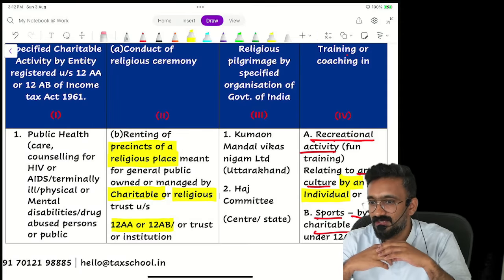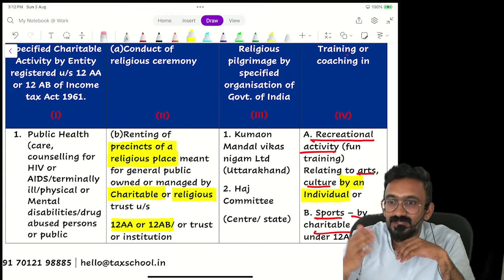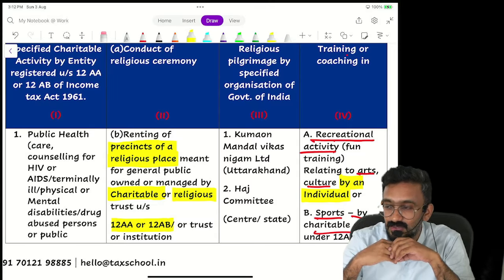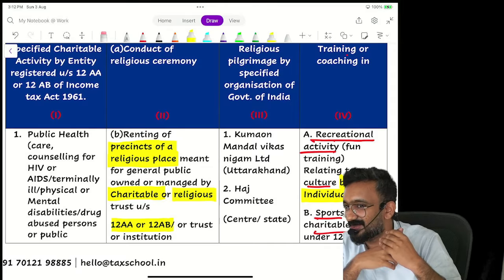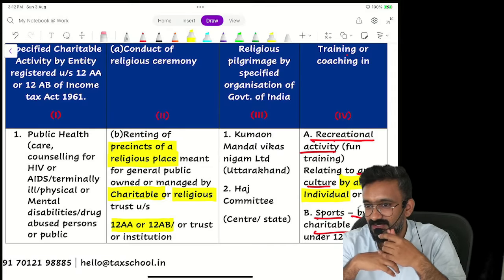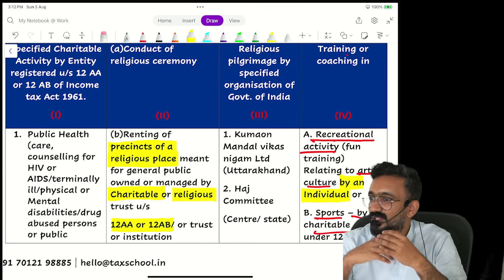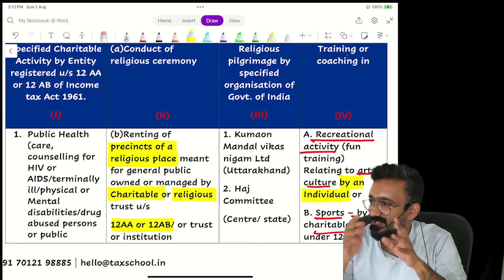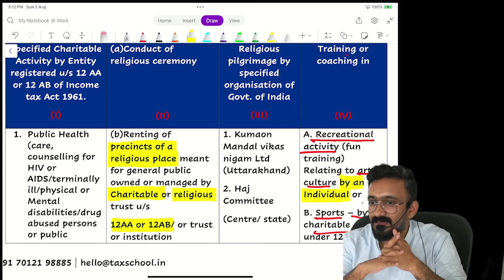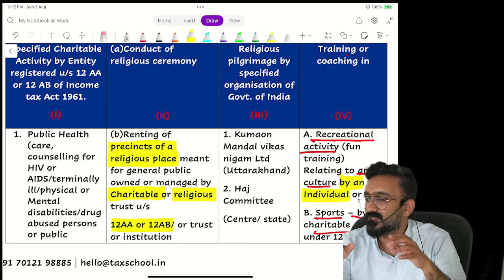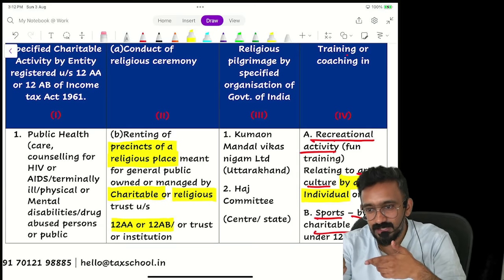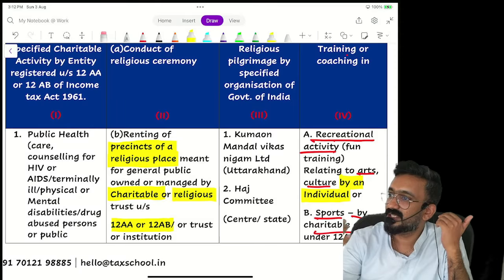Suppose you're Harish, right? What's your name? Yeah, Darshan. Darshan is the one who is giving us break dance coaching. We're paying Darshan 5,000 rupees for the dance coaching. Now the question is, Darshan is an individual? Yes. What is that activity he's giving us?